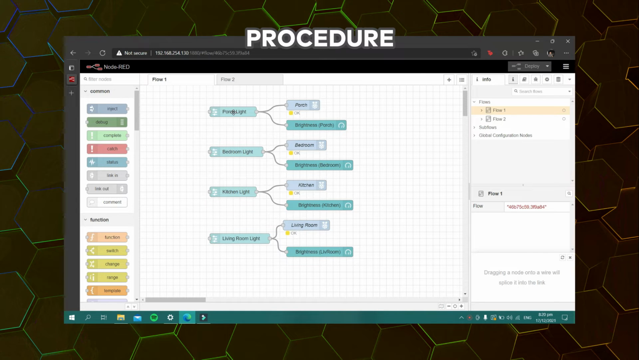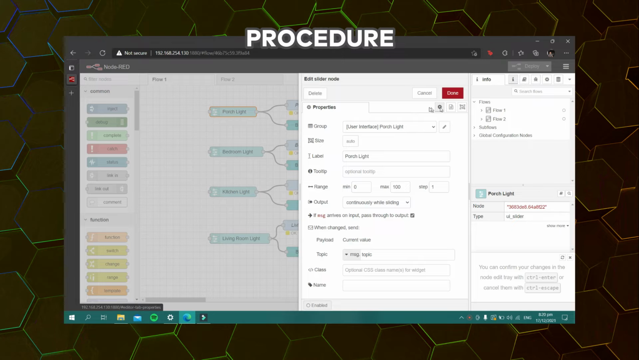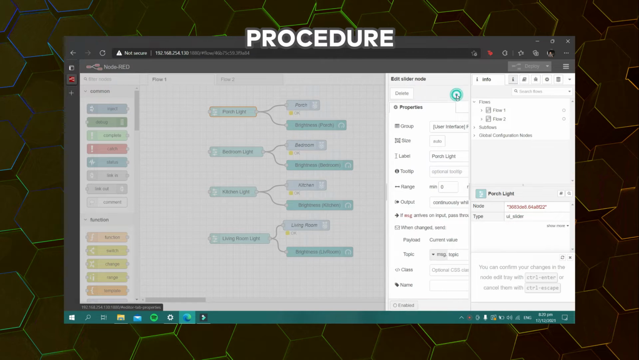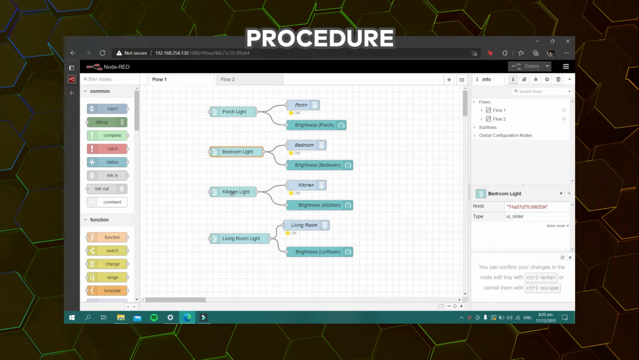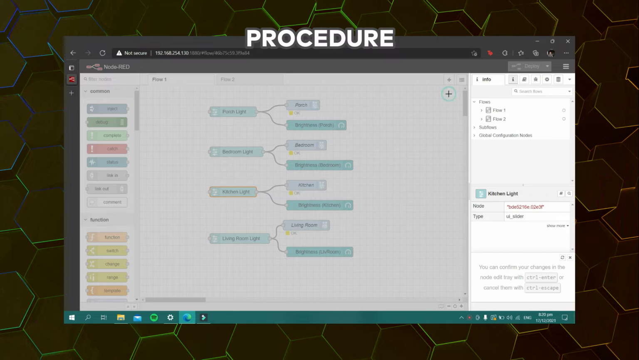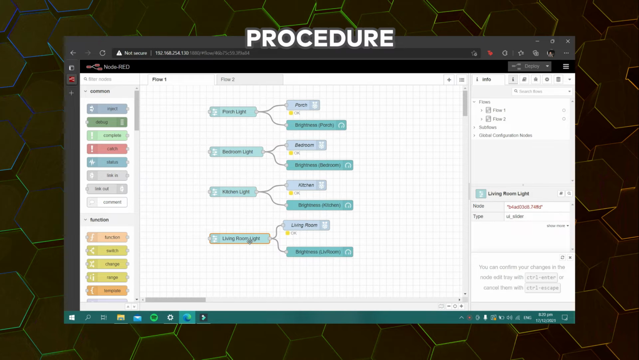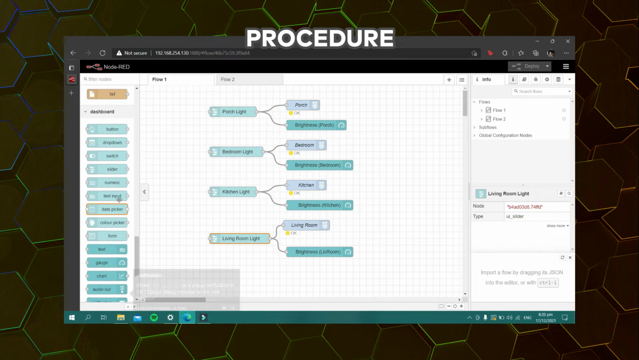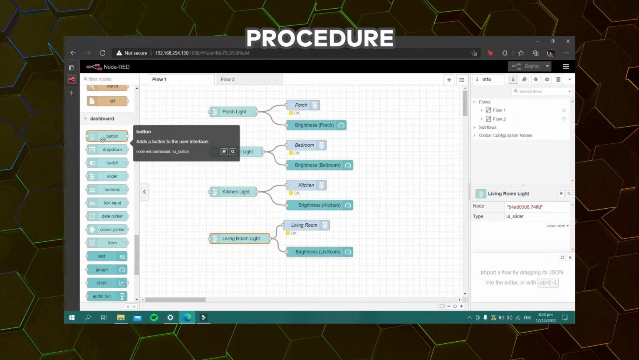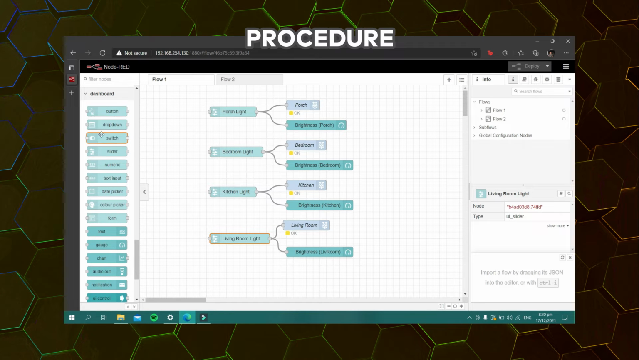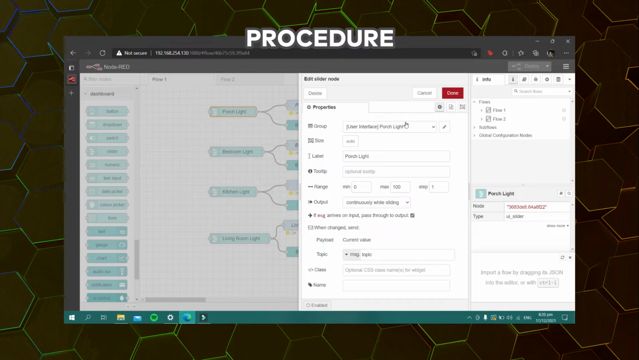So let me explain the parts used for this experiment. So first, this would be our sliders. I have included 4 sliders for each part of the house whose light we will manage. So in order to use a slider, go to the dashboard part of our workspace and search for the slider. There. So for each slider, first for the porch light, I have included it in the group porch light, which